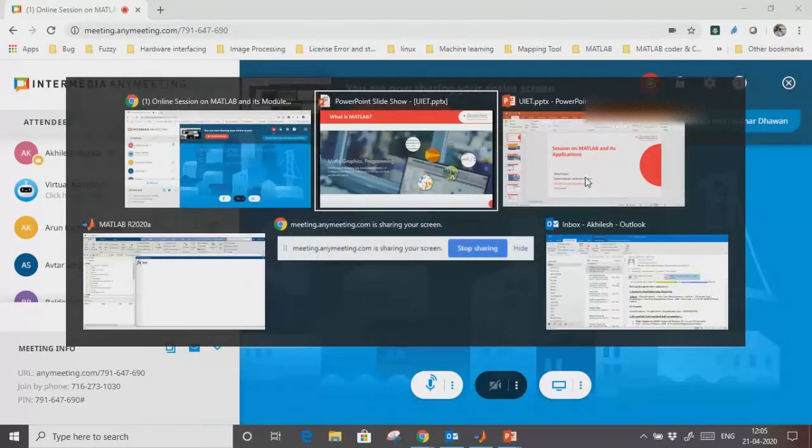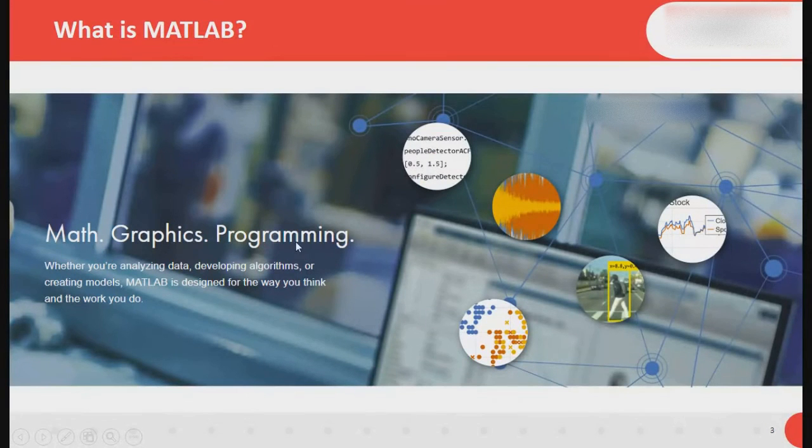Fine. So, programming, you can do programming also in MATLAB, any kind of programming like which you do in C++, you can develop in MATLAB as well. The thing is that it is high level, like,